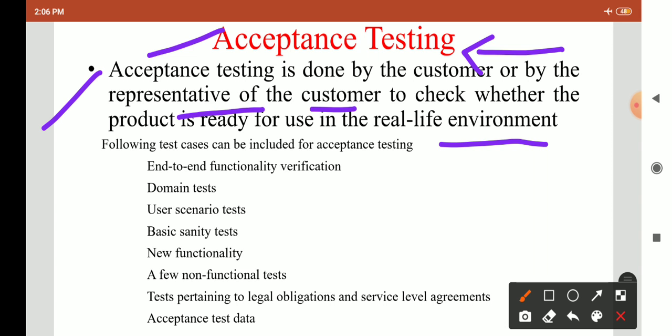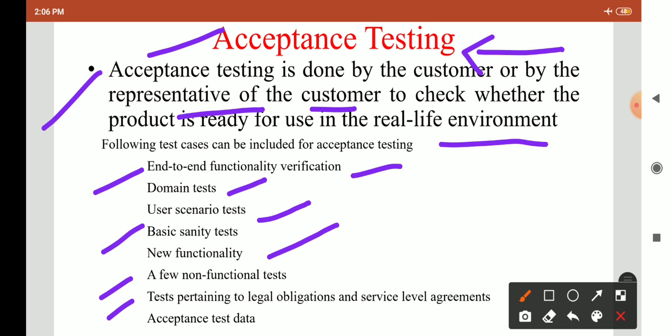The following tests are included: first, end-to-end functionality verification, then domain test, user scenario test, basic sanity test, new functionality test, a few non-functional tests, then tests pertaining to legal obligations and service level agreements, and last is acceptance test data.